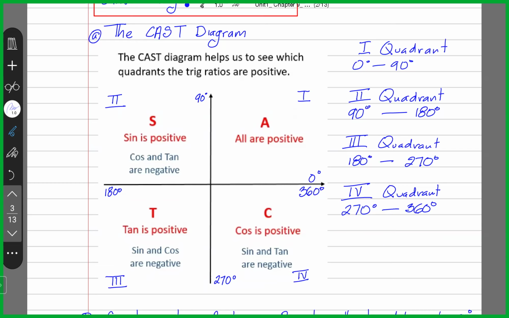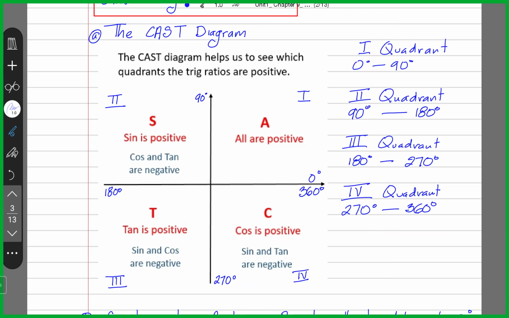Quadrants: the first quadrant is between 0 and 90 degrees. The second quadrant is between 90 degrees and 180. The third quadrant is between 180 and 270. The fourth quadrant is between 270 and 360. So quadrants are labeled with Roman numerals. Now, what CAST is saying is that